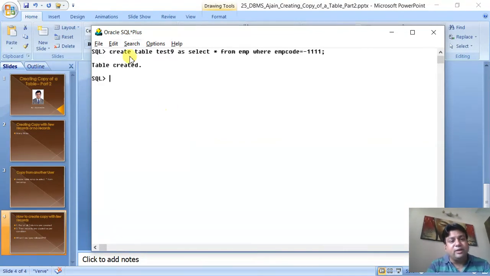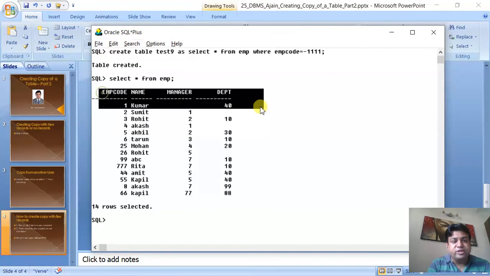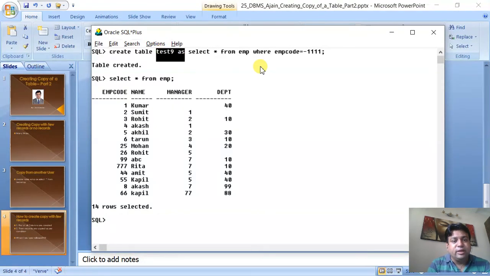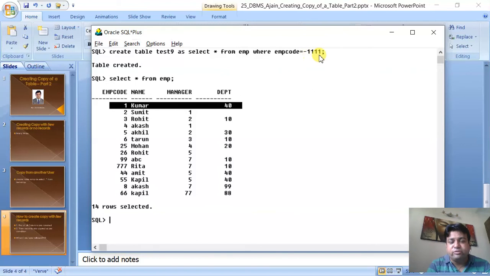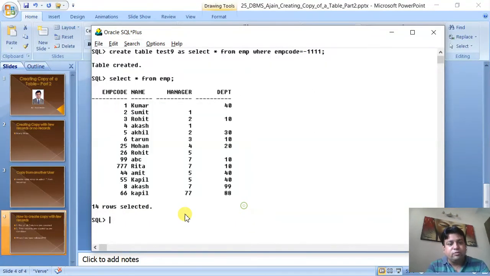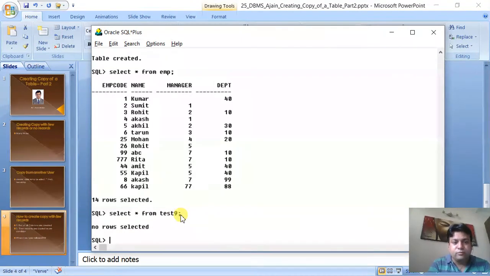Now what will happen? Again the same thing will happen. Oracle will open this table and copy its 4 columns into test 9. Then it will go to the first record and check whether this EMP code is -1111. It will not match, so none of the records will match. So select star from test 9: no record selected. But the table is there.